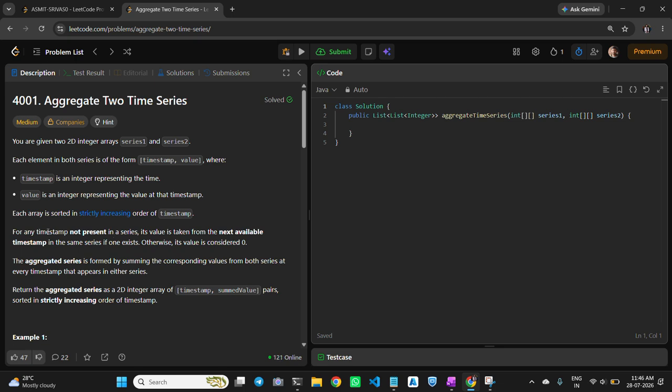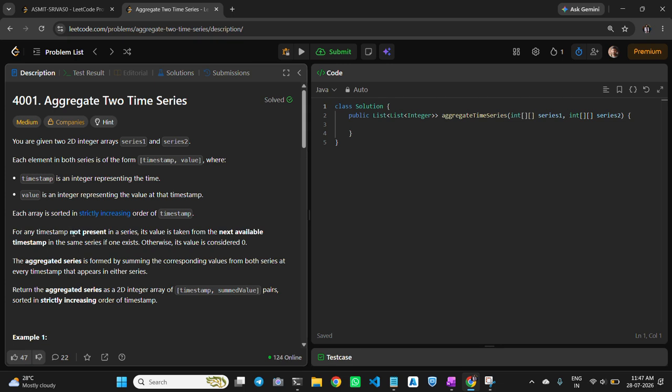Now, for any timestamp not present in a series, you have to focus on this statement. It may be possible that a timestamp is present in one series while it is not present in the other, or vice versa, or that the timestamp is present in both series.